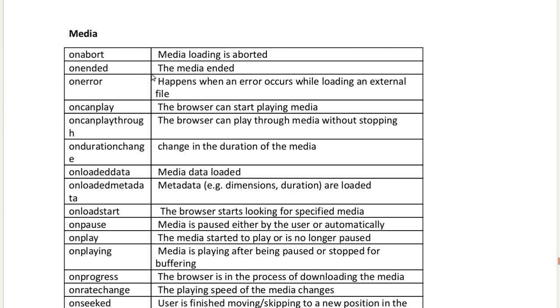On ended: the media ended. On error: happens when an error occurs while loading an external file.